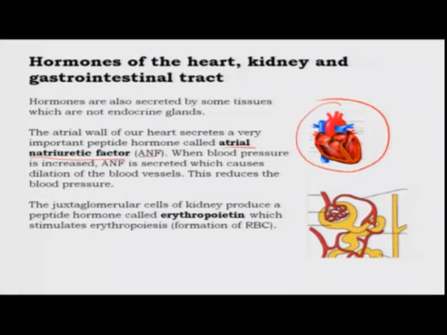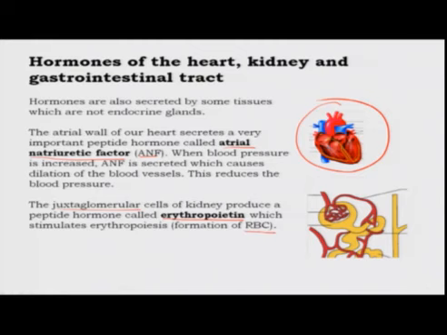It regulates the blood pressure. So, when blood pressure is increased, ANF dilates the blood vessels to decrease it. Another important hormone called erythropoietin is produced from the juxtaglomerular cells of the kidney, which increases the production